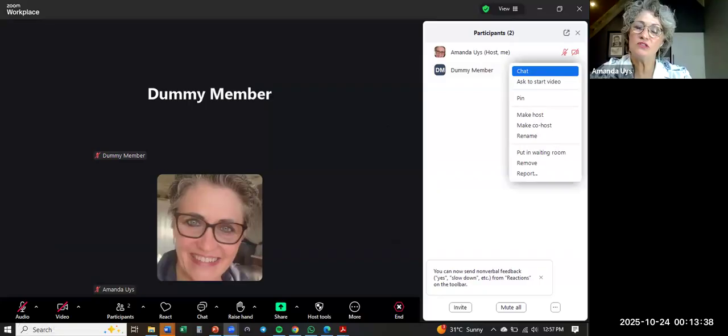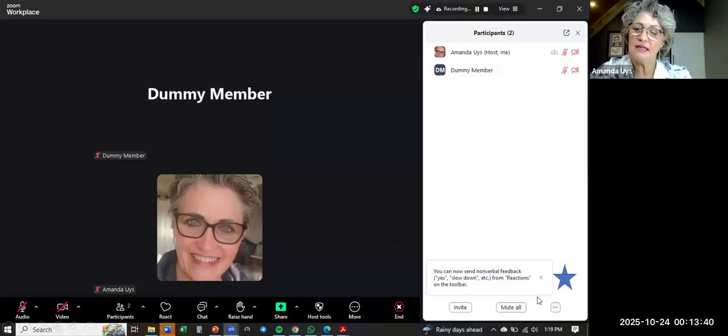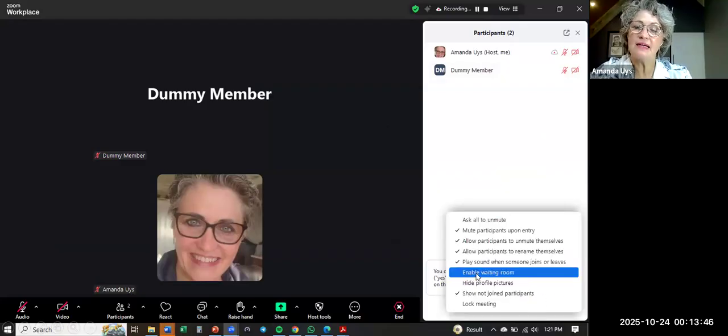But what you now want to do is here on the bottom, see those 3 dots? You have to click there, and under disabled and waiting room, there will be a tick mark that says the waiting room is enabled. In other words, everybody that signs in first has to go through the waiting room.